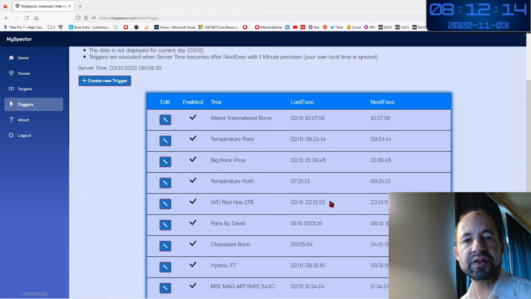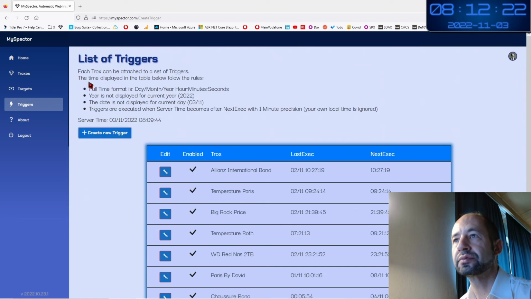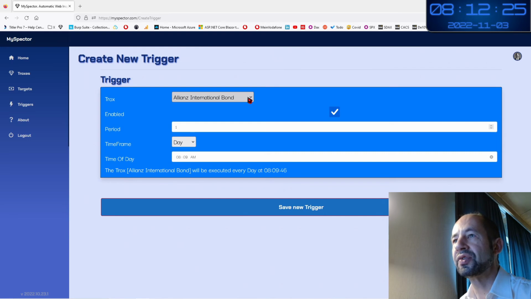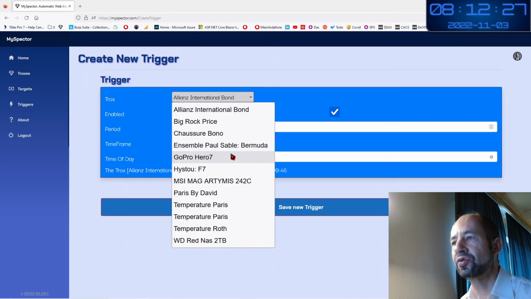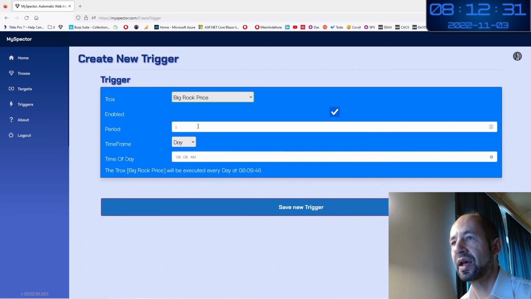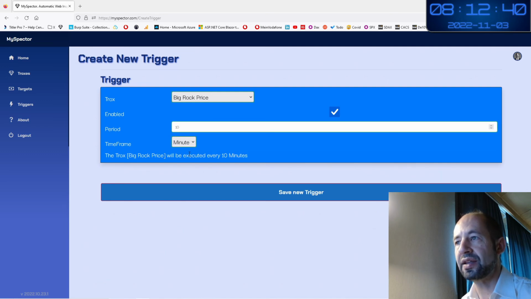If I have just added a new Trox, I can configure it to be triggered automatically by clicking on the Create New Trigger button. I choose in the Trox list my Trox to be executed, Big Rock price. I choose the time period, let's say every 10, then I choose the time frame, 10 minutes.